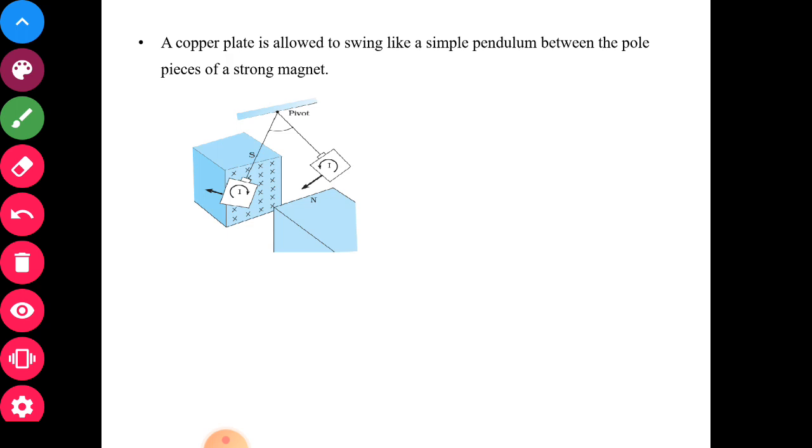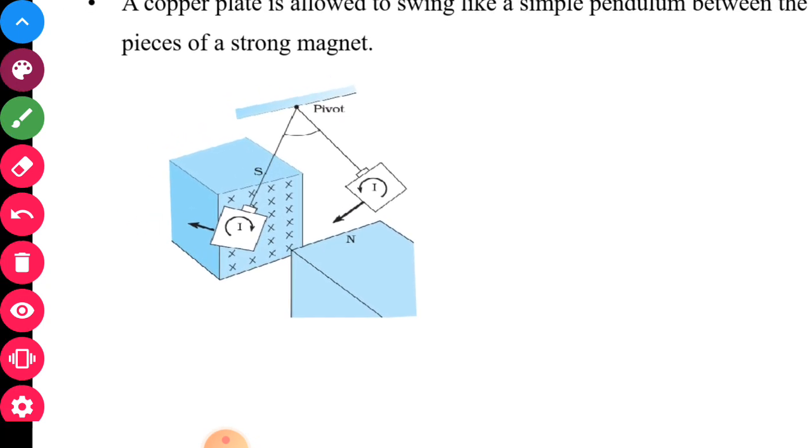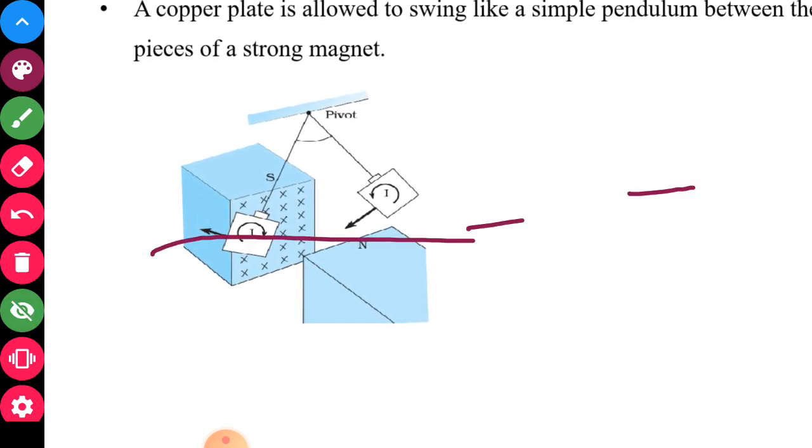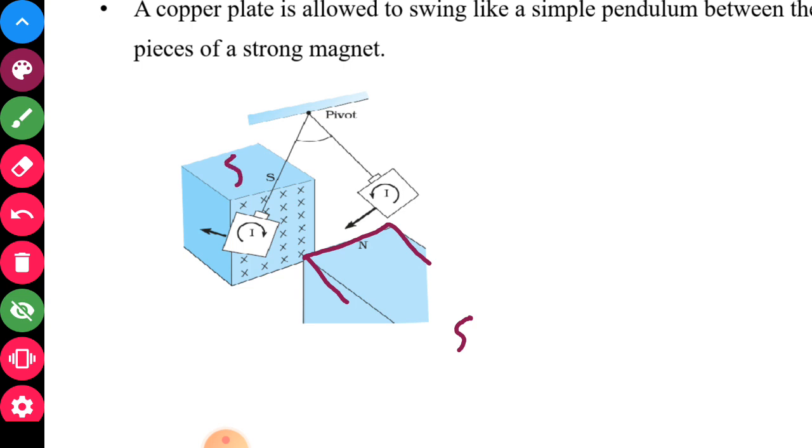Now we have one figure here. A copper plate is allowed to swing like a simple pendulum between the two pole pieces of a strong magnet. This is the north pole of the magnet, and the south pole will be somewhere here. Now the magnetic field is always from north to south, so this is the direction of the magnetic field, and this metal plate is